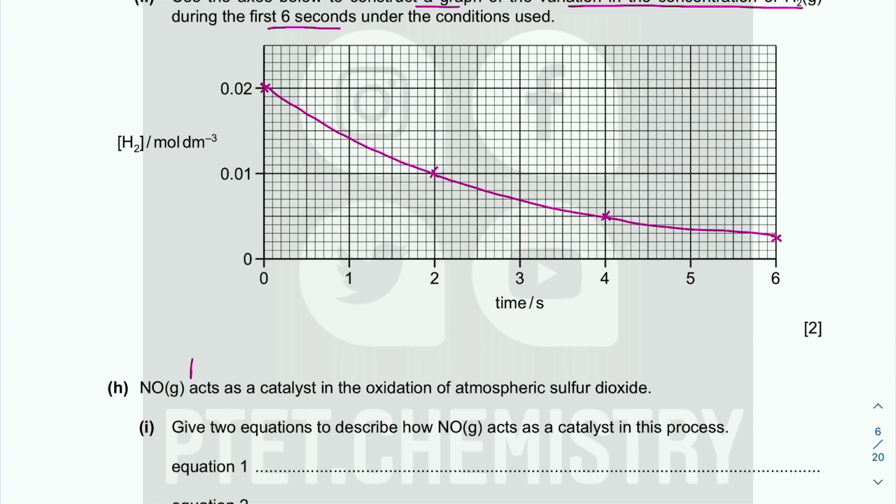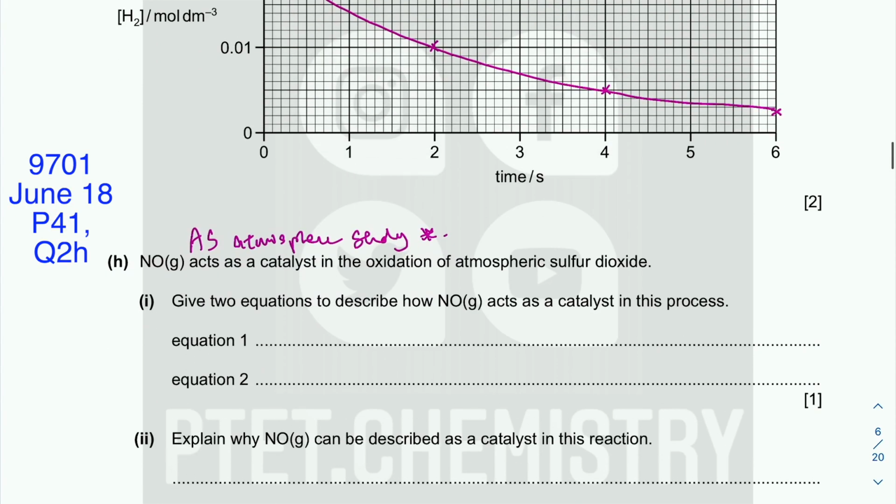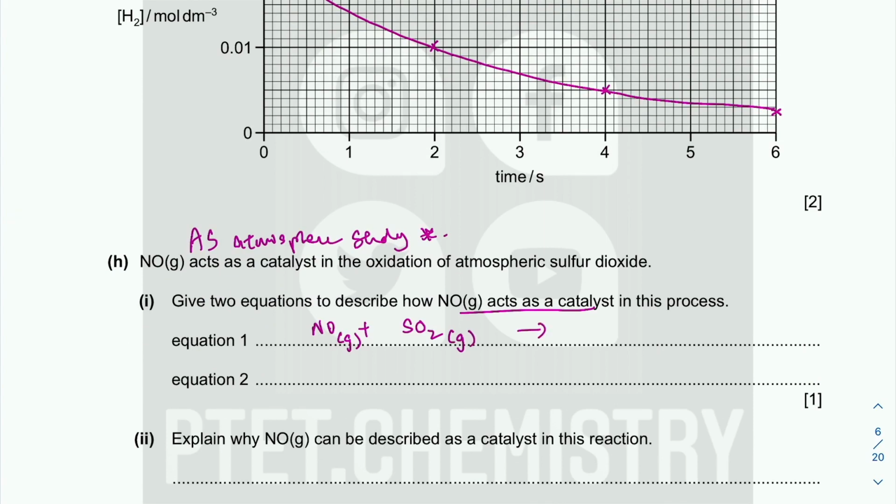So this is actually in your AS atmospheric chemistry. These are case study, and they are very, very important that you know what is going on here. The NO is acting as a catalyst because in the atmosphere, you do not have vanadium 5 oxide as your catalyst. So the SO2 go to SO3, and